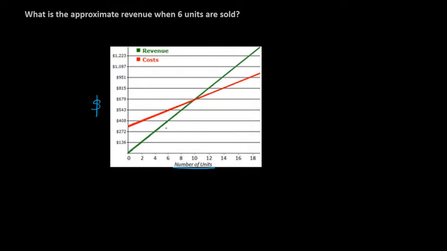Now we have two lines plotted here, so we need to know what both of those represent. In red, we have costs. Notice that this makes sense. Look at the initial cost is above 0 because we had to invest some money to get started, right? And then green is revenue, and this again makes sense. Notice that initially the revenue was 0. We started off having sold 0 units, okay? So over time,